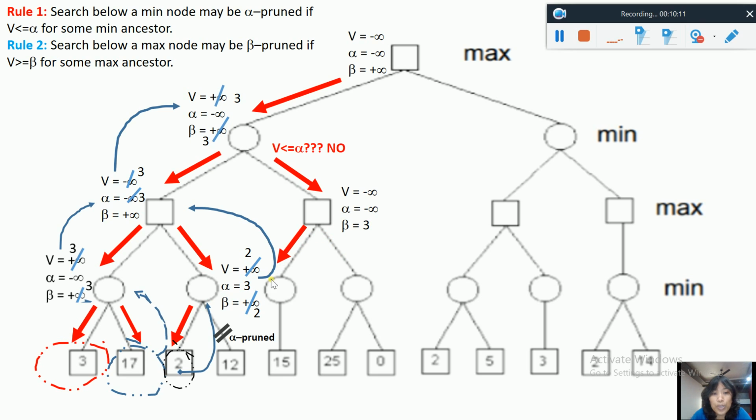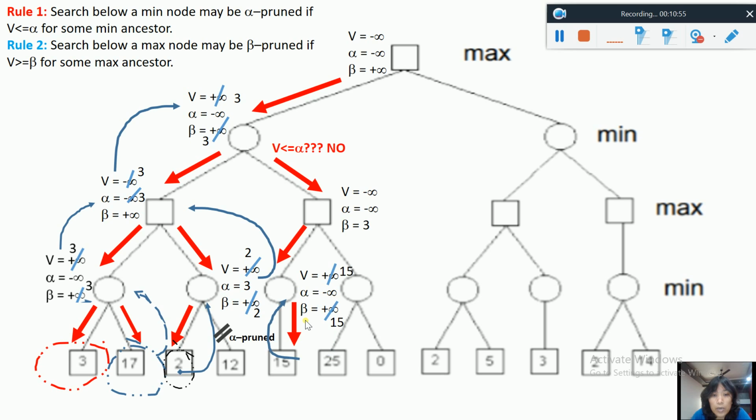So again, I go to the left side, again initialize this min node with V is equal to plus infinity, alpha is equal to minus infinity, beta is equal to 3 over here. I'm sorry, it's not plus infinity, it is 3. So again, I go to the next static value 15. It has hit the static value. This value will go upwards, to its parent. It will update its value because 15 is the better value than plus infinity for min node also. And for beta, who is playing for the min node, it will update the value to 15 with replacement of plus infinity because it is the best value for beta.